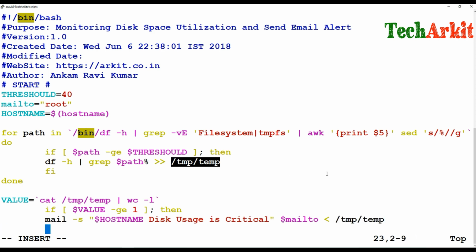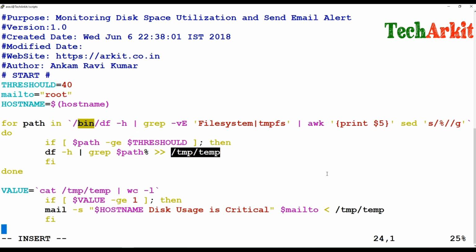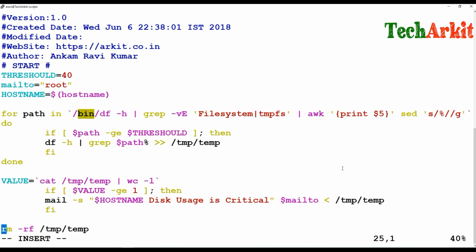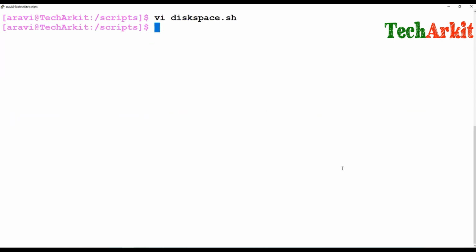Okay, and close this if condition and delete the temporary file from here, delete this temporary file, that's it. So it's going to send us an email with the content of whichever file system is critical.